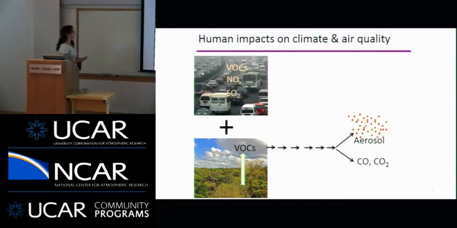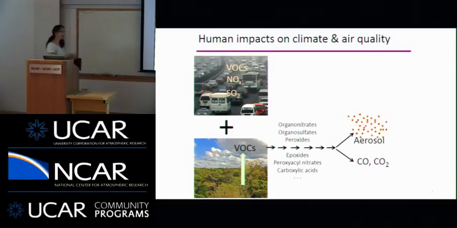If we add in anthropogenic species, the process is really to add some complexity to the chemistry. Sometimes we speed up these reactions. Sometimes we just change the identity and the characteristics of the aerosol. But the problem is in all of these arrows, and it's in all of this chemistry.